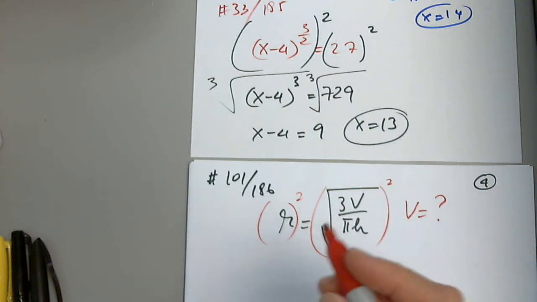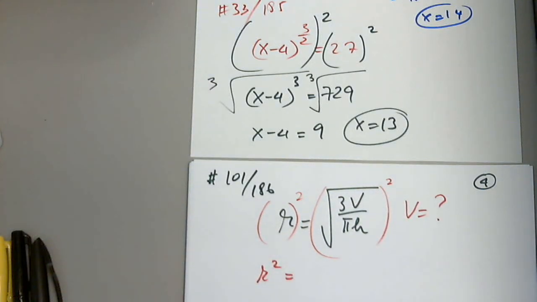Very good. So then I have r squared. What is left on the right-hand side? That's it. 3v over pi h. Remember, we are solving for this and only for this. You can do it in 2 steps. You will eliminate what first if you want to do it in 2 steps? Pi h, correct. So I will eliminate this, multiplying both sides by it, and then the second step would be,